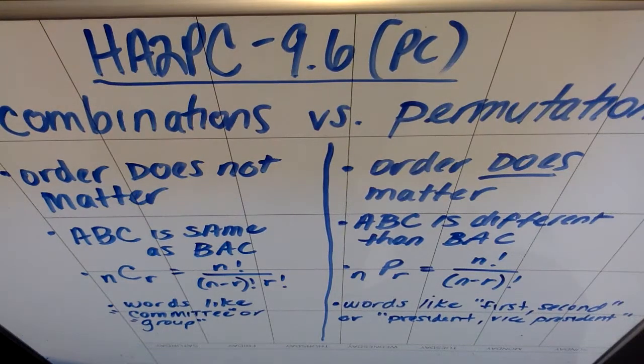Alright, this is Honors Algebra 2 Pre-Calc. This is 9.6 in Pre-Calculus, and we're going to talk a little bit about the difference between combinations and permutations. Both of these concepts are going to matter when we talk about counting principles, but when we talk about